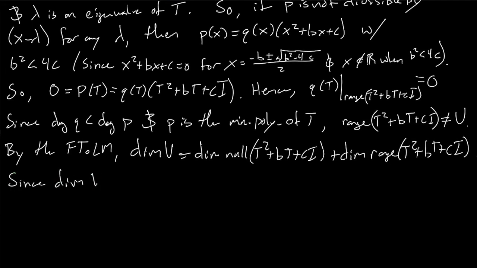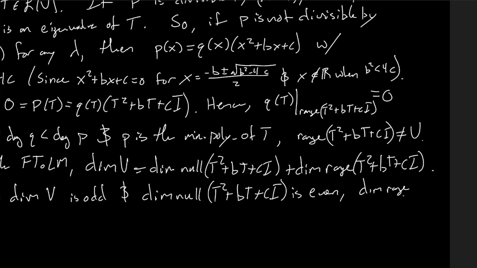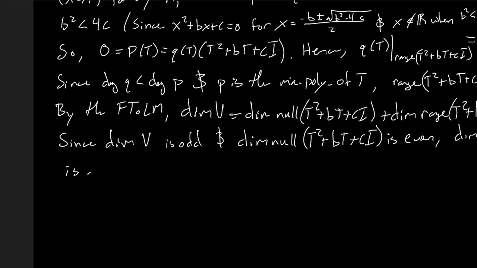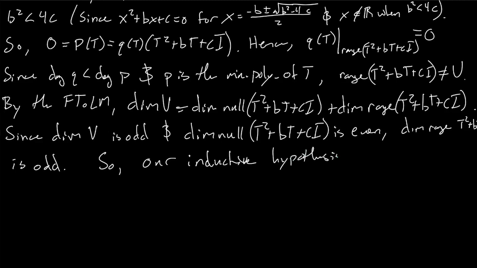since dim v is odd and dim null of t squared plus bt plus ci is even, that's what we just showed with our little lemma we just proved right before, the dimension of the range of t squared plus bt plus ci is odd. So our inductive hypothesis applies to,